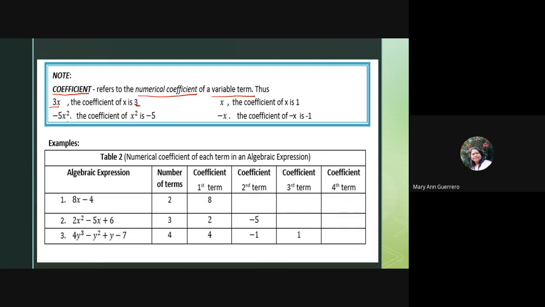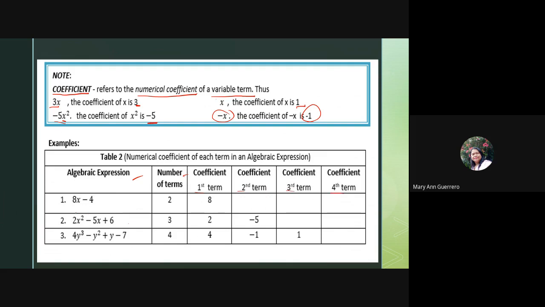Okay, the coefficient of x squared in negative 5x squared is negative 5. So, coefficient of x is 1. So, again, pag walang numerical coefficient, understood 1. Okay? Pagka ganyan naman, negative 1. So, for example here, let me explain this table. We have here the expression, number of terms, coefficient of the first term, second term, third term,